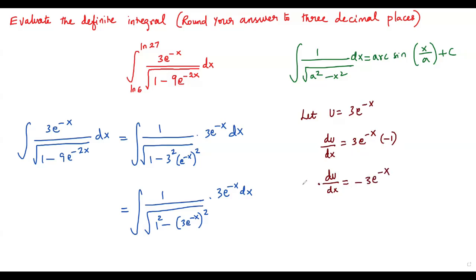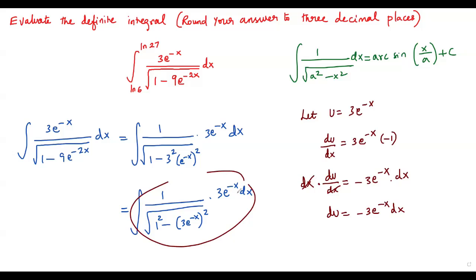Now let me multiply both sides by dx so that I can get rid of the dx in the denominator. The dx will cancel. I'm getting du equals negative 3 times e to the power of negative x times dx. Here, in the integration, we have 3 times e to the power of negative x dx. We have the same stuff over here, but there is a negative sign. Now to get rid of the negative sign, we have to multiply both sides of this equation